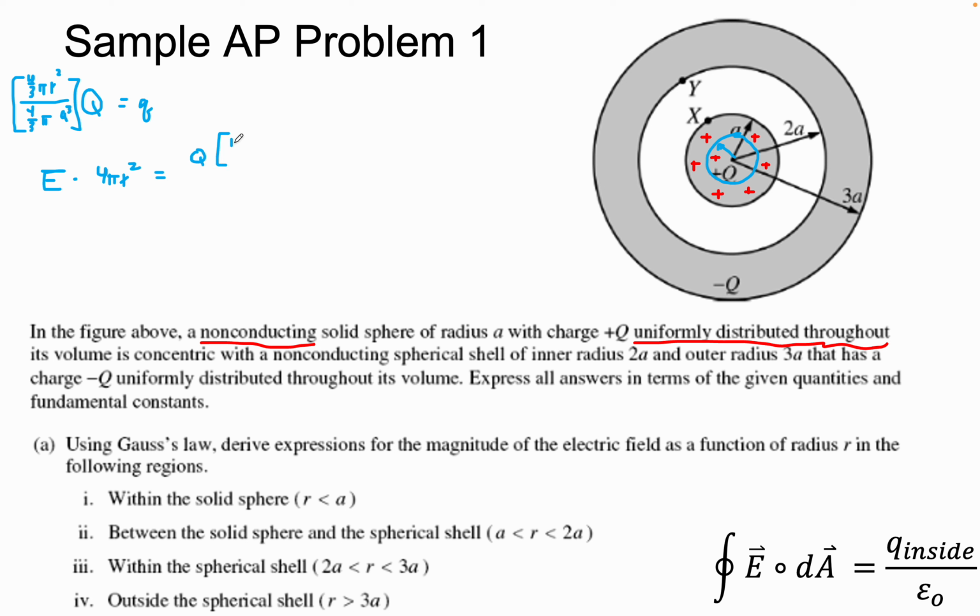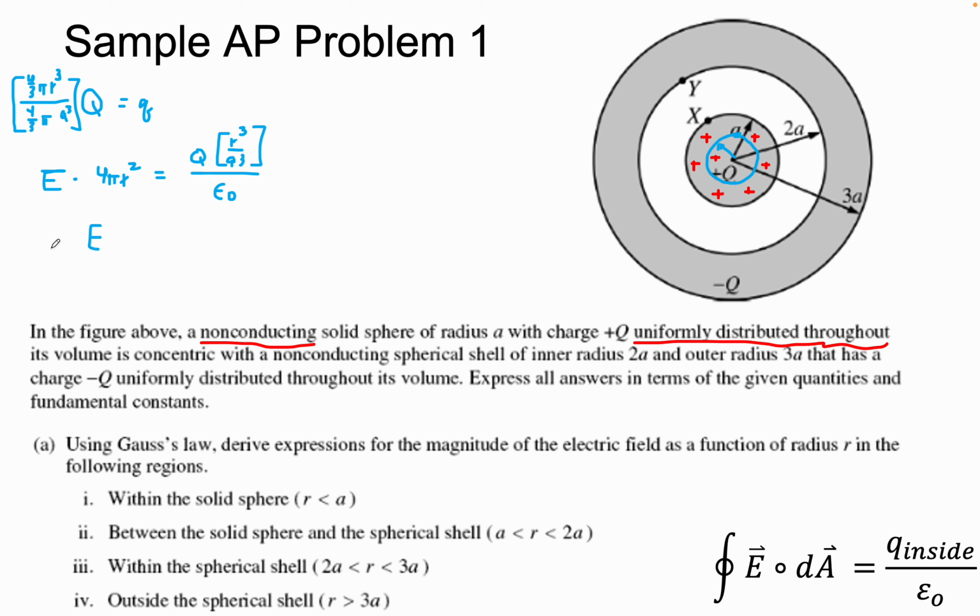I'm just going to write r cubed over a cubed. I don't know if you can see the cubes up here. That's actually kind of bad. All over epsilon naught. And if we solve this, we get rid of a few things, but the electric field